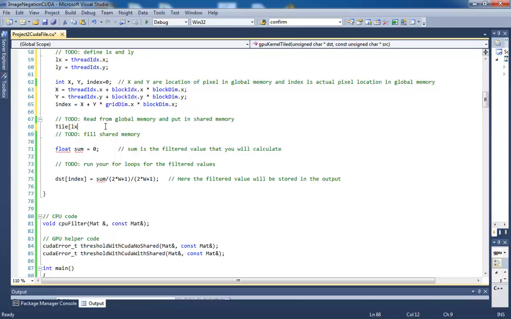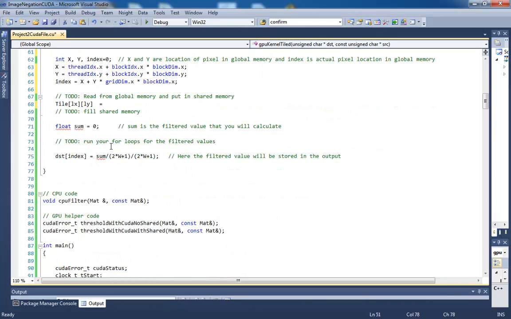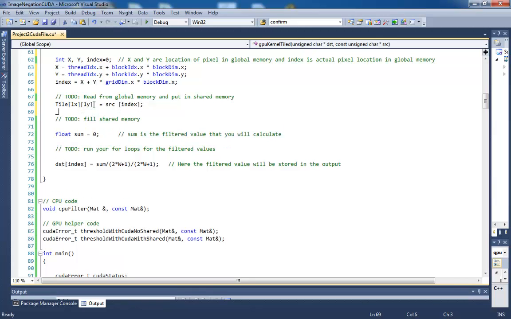I'm going to write in the tile at L sub x and L sub y whatever the input image was, which here I call source. So I'm going to read from source at location index. What this does is that it goes to location index, brings in the value of the pixel from source, and puts it at location L sub x and L sub y of my tile, which belongs to each thread. After I do this, I'm going to have to do a sync